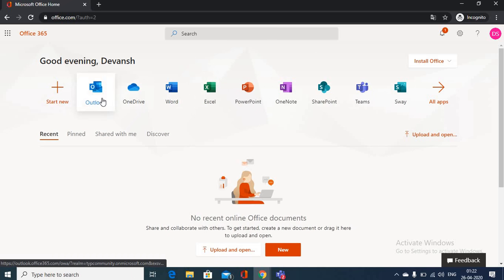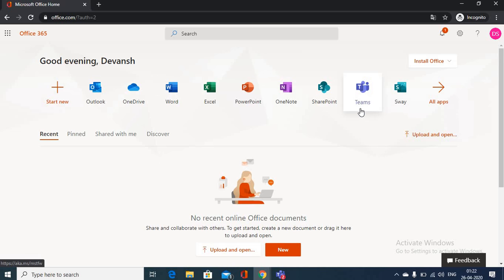Here you are seeing multiple apps like Outlook, OneDrive, Word, Excel, PowerPoint, OneNote, SharePoint, Sway, Teams.